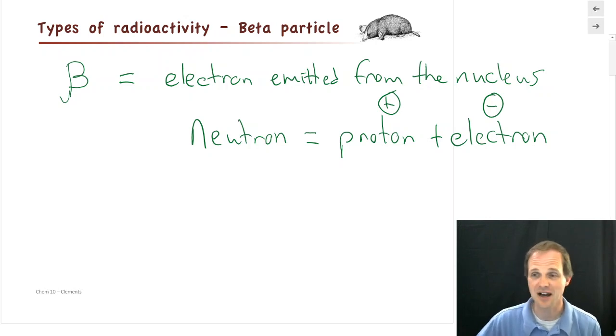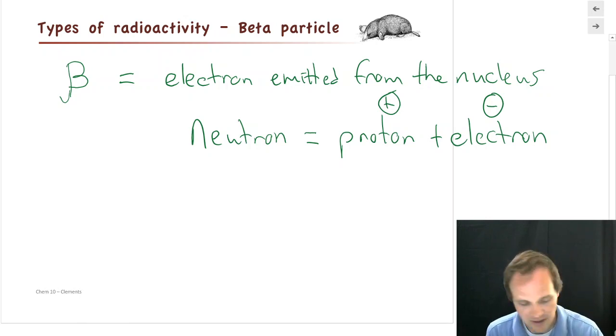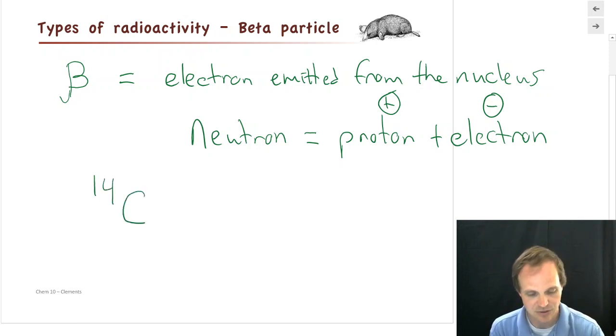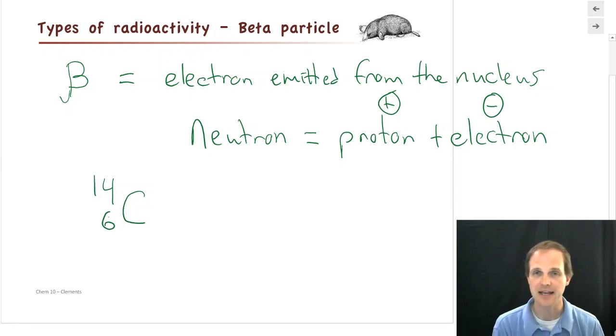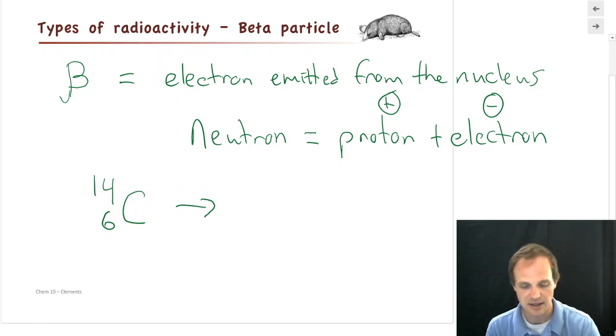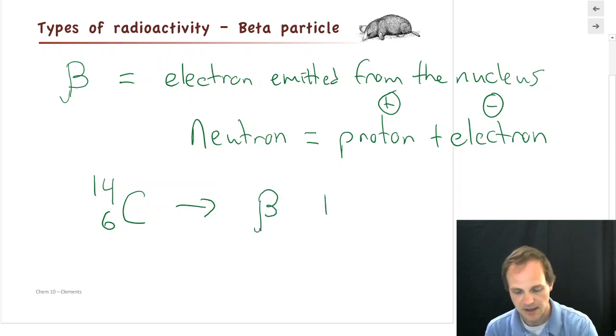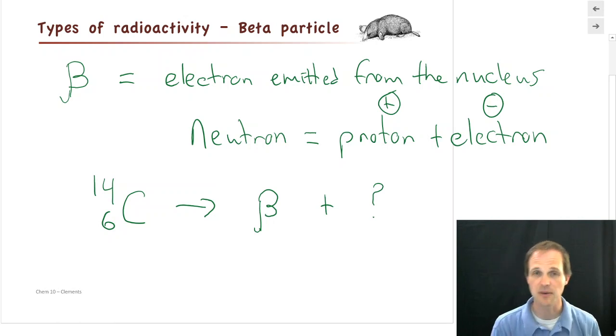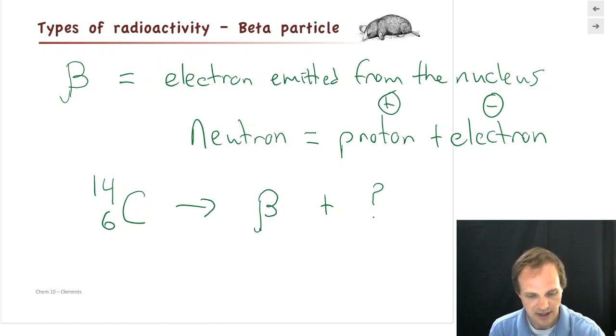So what kind of thing undergoes this type of reaction? One that we'll talk about later that you might have heard is called carbon-14, used for carbon dating. And again, it's decaying all by itself, so there's nothing else on the left-hand side of our reaction arrow. And it falls apart into a beta particle. So I'm going to use my B there. And what else? And if you remember from our last slide, how are we going to balance this? We're going to balance mass number and atomic number. So we do that. 14 is equal to,